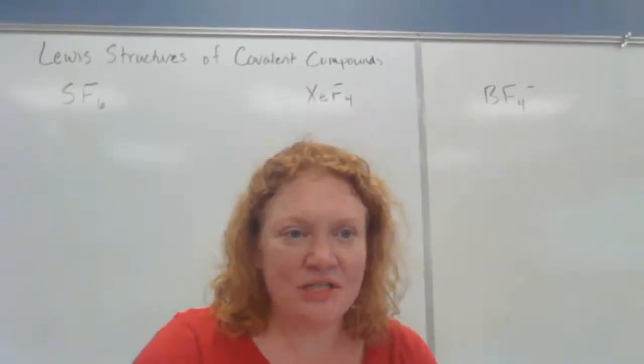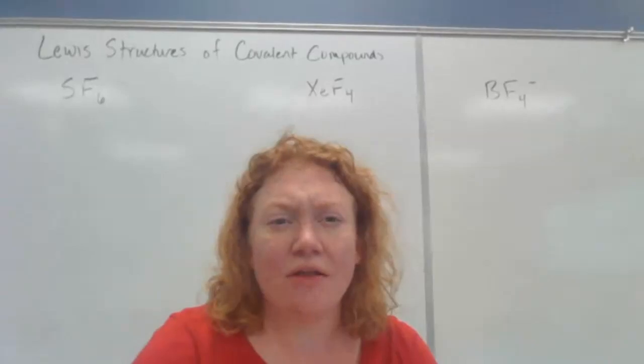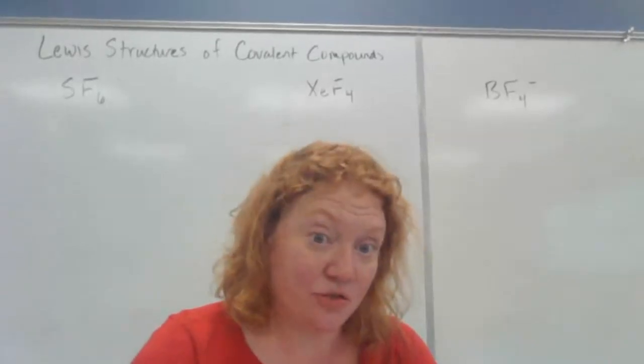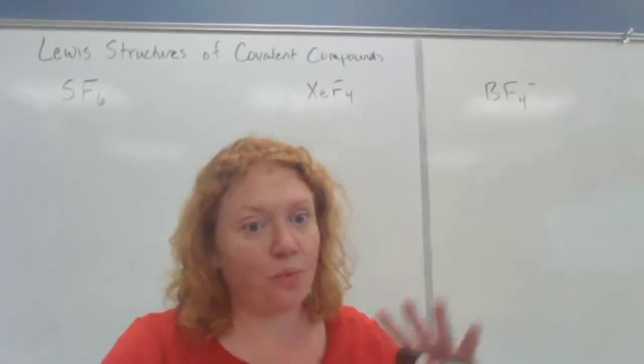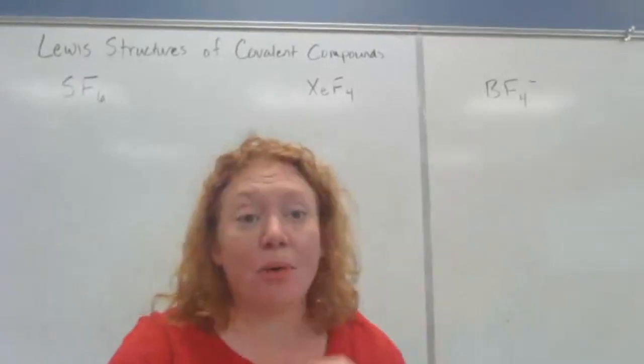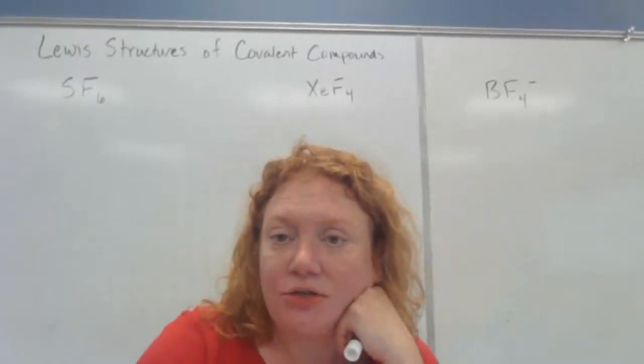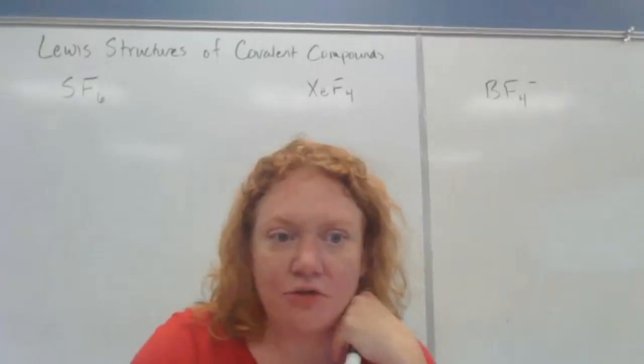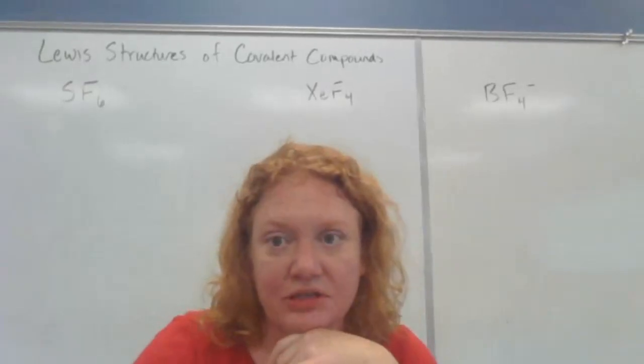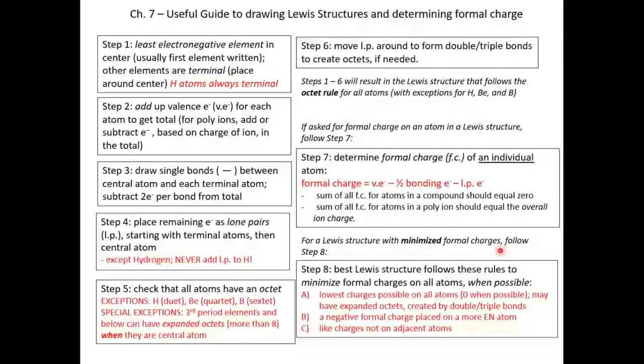Hi everyone, I wanted to go through some Lewis structures that represent exceptions to the octet rule, or if you are dealing with the structure of a polyatomic ion. So on a handout that you should have, or you can look at the image here on the screen, the guide that I created for drawing Lewis structures lists some very common exceptions that you will have to the octet